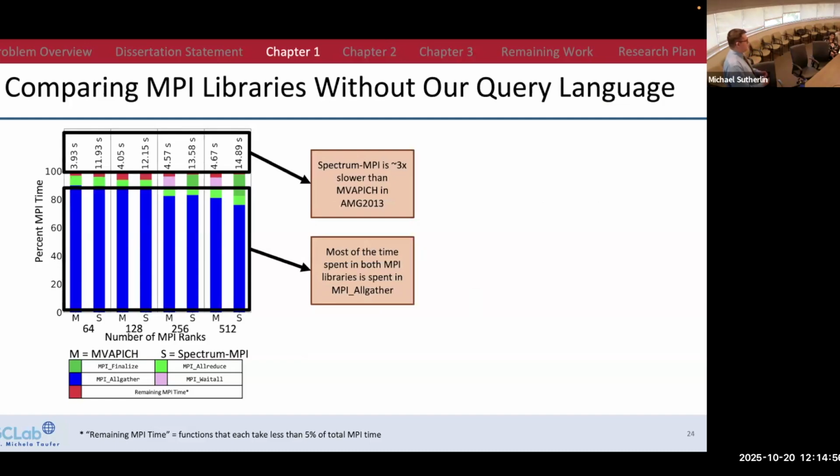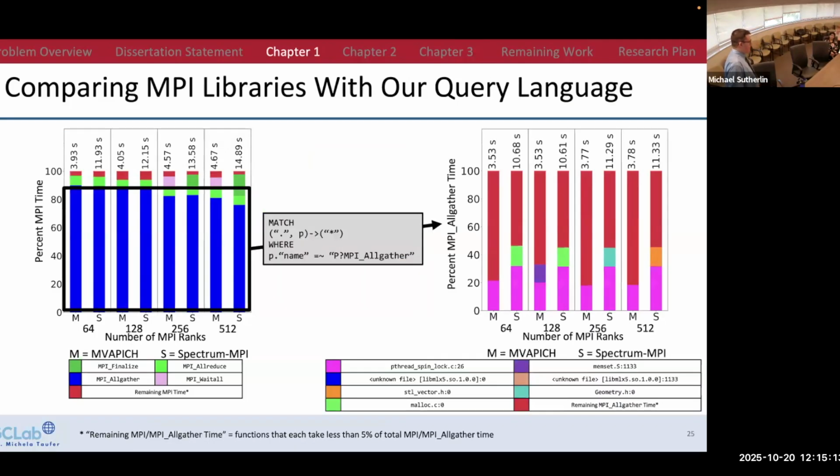With that said, without our query language, we can get the following 2 observations. Spectrum MPI is 3 times slower, and most of that time is spent in all-gather. But the problem here is we can't figure out why Spectrum is really that much slower outside of just saying it's all-gather. So to figure that out, we apply our query language, in particular the query shown in the string dialect in the middle here, to zoom into and focus on the internals of MPI all-gather,